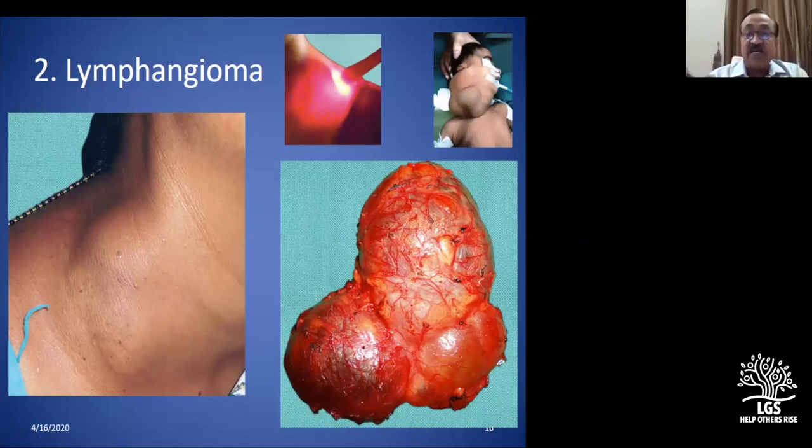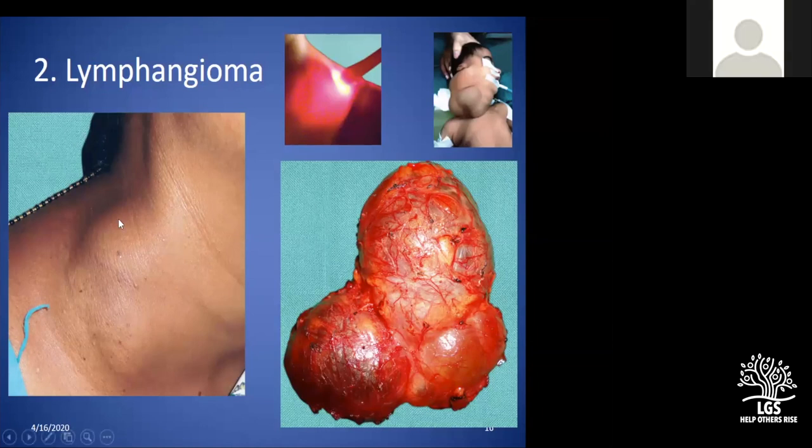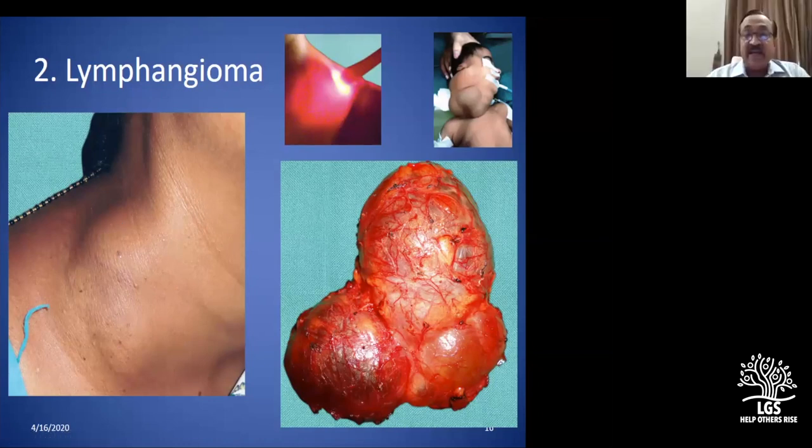When they have multiple pockets, that is where you feel some amount of compressibility. So when you press in one segment, you feel like it is displacing, but slowly comes back. So this is lymphangioma, and one of the brilliantly transilluminant swellings is lymphangioma. It's common in children, where you call it cystic hygroma. It's also called hydrocele of the neck.